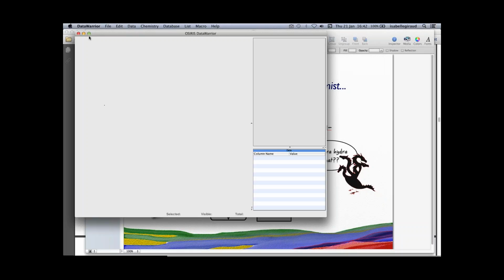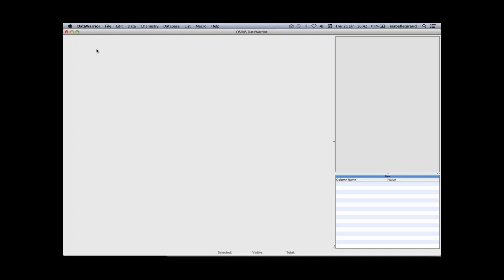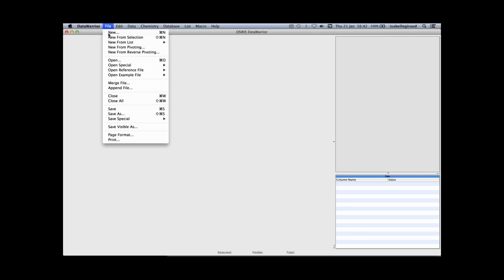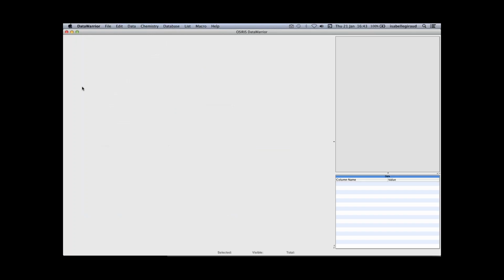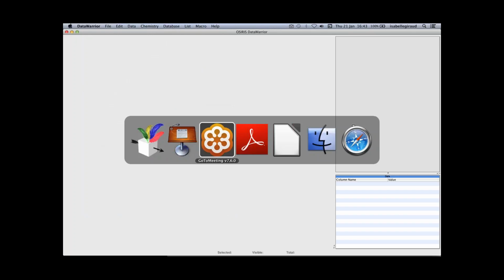And there are many different ways to get data into DataWarrior. The most obvious one is probably to go under File and then open an existing file. You may also want to have a look at existing example files that are located either in reference files, and these are files for chemists or for biologists, or in example files, where you have all kinds of data. Another way is to copy-paste data, and I will show you that with